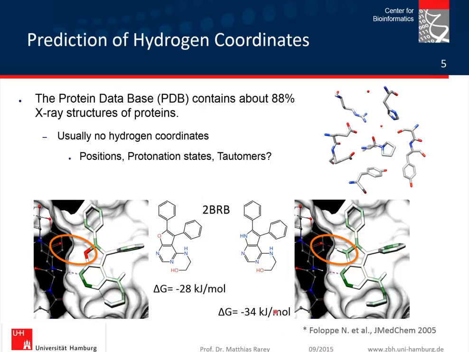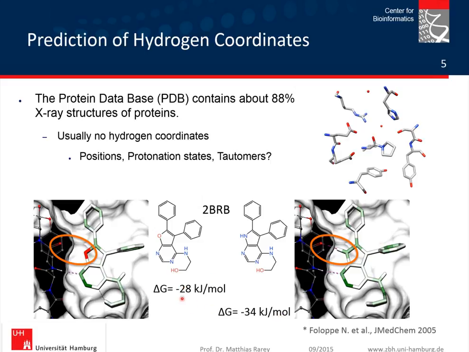These are structures from a publication from Loppe. And you basically see that the small molecules have only one small difference here. There's one acceptor replaced by a donor, or vice versa. And so this basically shows the influence of making a single hydrogen bond wrong, which you see here in the